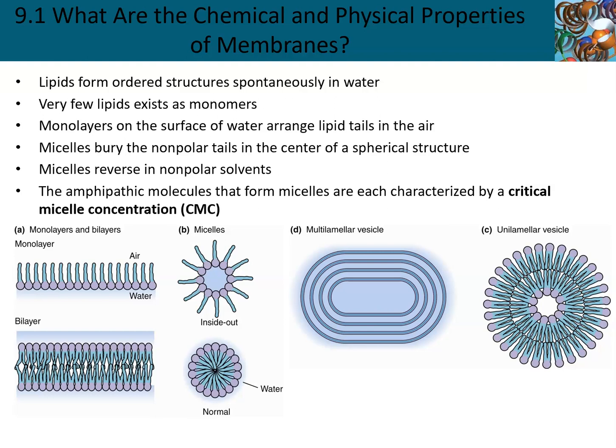We're taking a big step back from what I was just talking about, and you can see that very few lipids exist as monomers. We've talked about that. So what happens is, to reduce the magnitude of clathrate production in the solvent and to maximize entropy of the system, they organize so that the lipophilic tails or hydrophobic tails interact with one another or hide from the solvent, and the polar groups face outward towards the solvent where they can react favorably. And this can result in a couple different structures. You can have micellar structures, you can have vesicular structures,